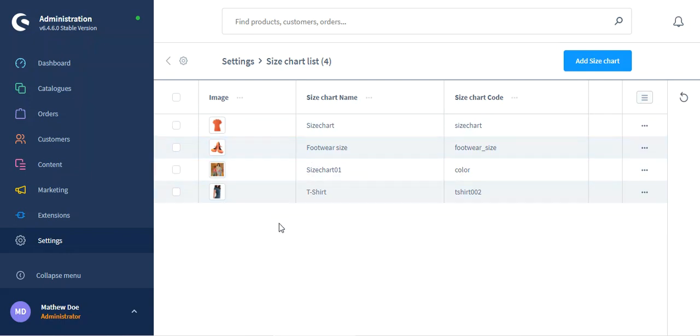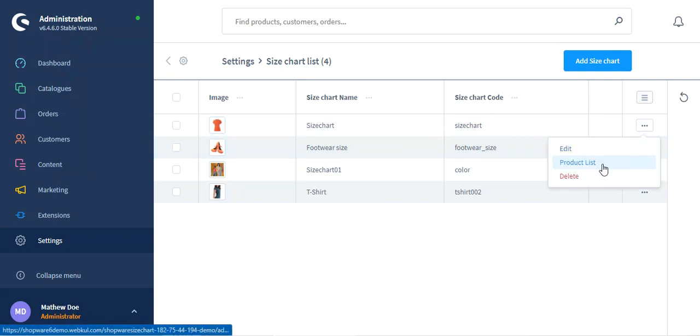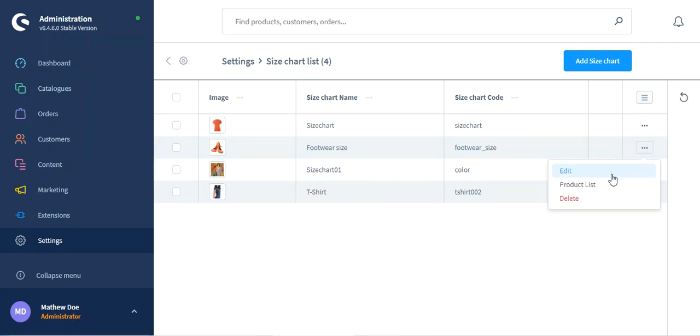So for each of the created size charts, you have different options here to edit, to assign products to the particular size chart, or to delete the size chart as well. So for each we have these edit, product list and delete options for each of the size charts that you have created. To add a new size chart, you just need to tap here on the add size chart button,